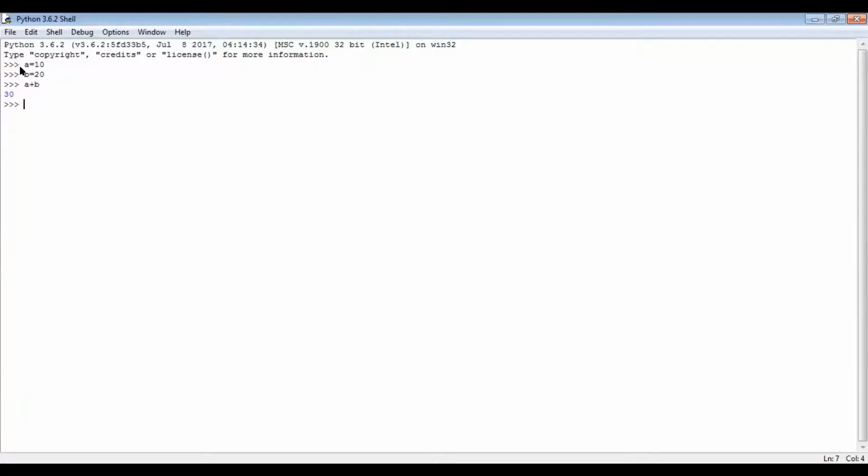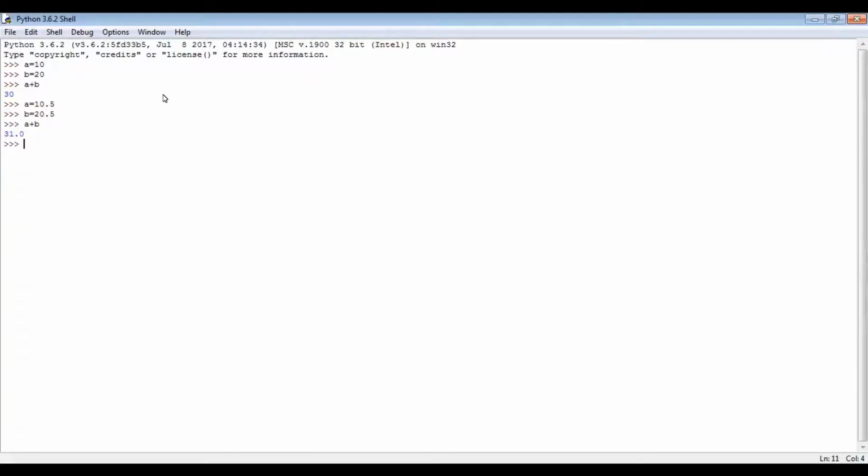And it comes in the form of an integer, as both the variables were integer variables. So now let's move on to float variables. Let's change the values of a and b and store float data type values, 10.5 and 20.5. Let's add them. See, now a was 10.5 and b was 20.5, and both values were float types. So the answer also comes in the form of decimal points, like 31.0, not just 31.